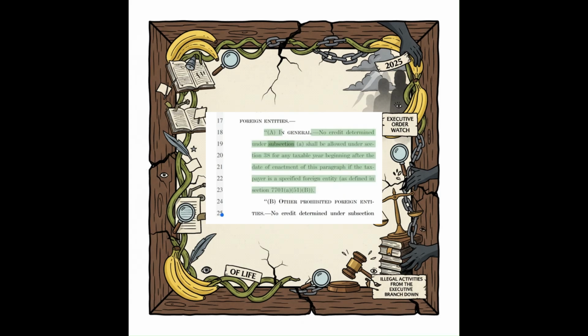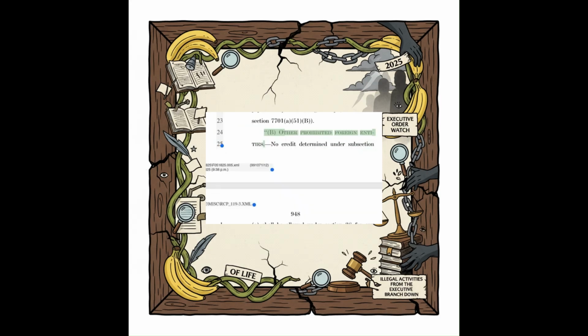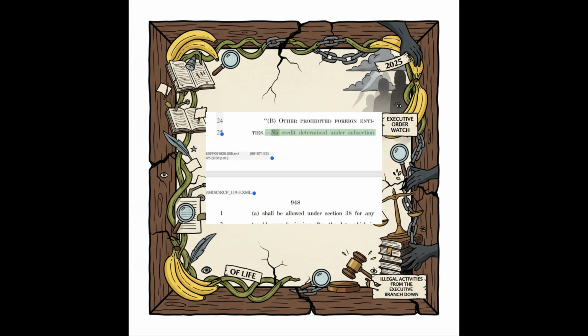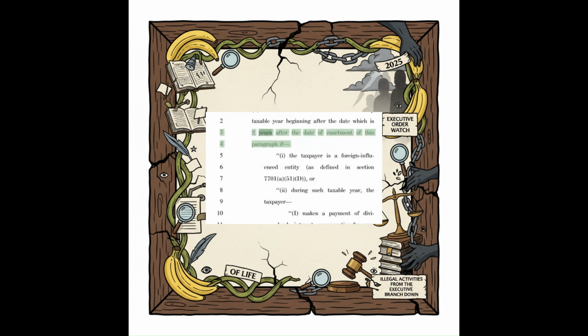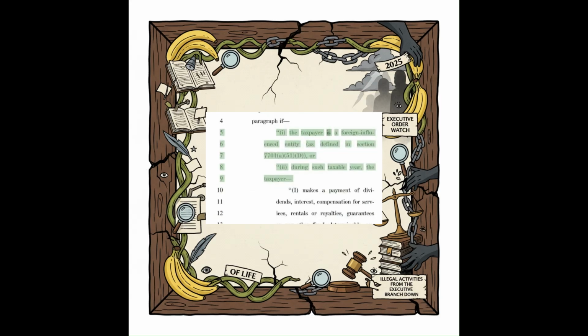Restrictions relating to prohibited foreign entities. No credit determined under subsection shall be allowed under Section 38 for any taxable year beginning after the date of enactment of this paragraph, if the taxpayer is a specified foreign entity. The prohibited foreign entity. No credit determined under subsection shall be allowed under Section 38 for any taxable year beginning after the date which is 2 years after the date of enactment of this paragraph, if the taxpayer is a foreign influenced entity, or